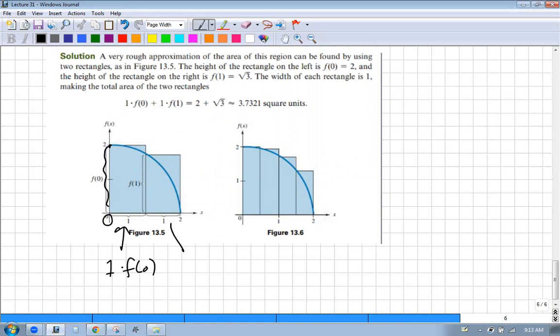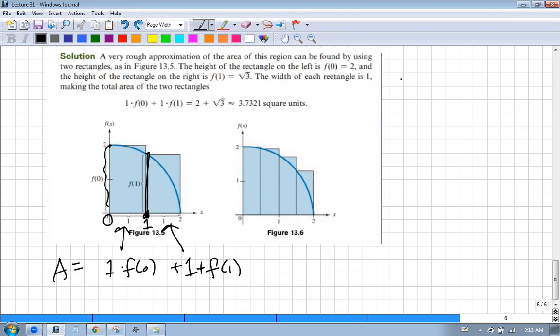Okay. And then the area of this one is 1 times the height. Since this is the number 1 here, we just plug the 1 into our function, and we add those all up. We could break it down into as many rectangles as we want, depending on how accurate we want. That's kind of okay, but really we want an exact answer. So we would set this up. We'd say, okay,